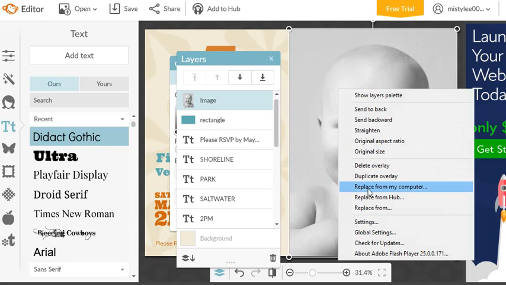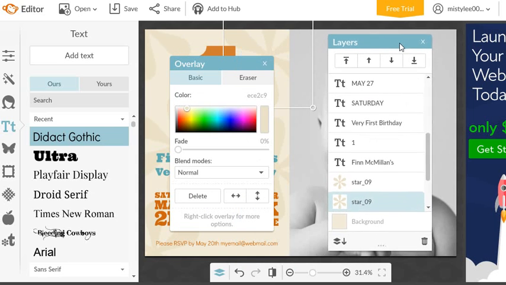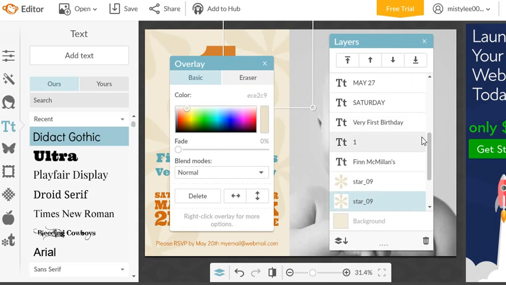Now what you want to do is right click and go to replace from my computer to get your photo, or replace from hub. And hub is this little monkey here, add to hub, which is basically where you can keep your images in PicMonkey. So when you replace your image, your cute little bundle of joy will be here instead. Don't get me wrong, this baby's cute, but